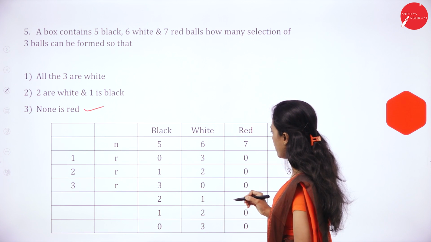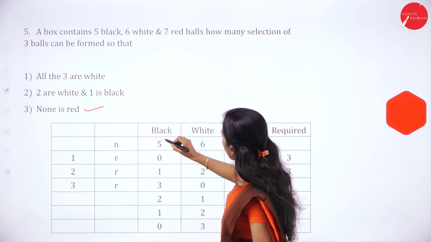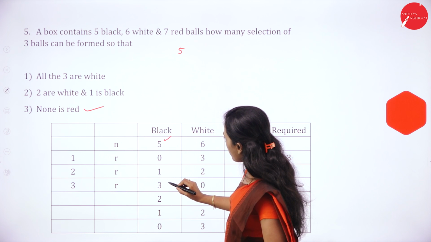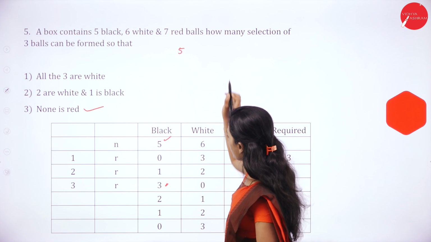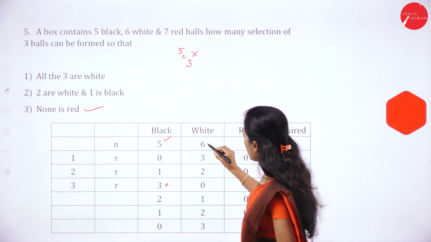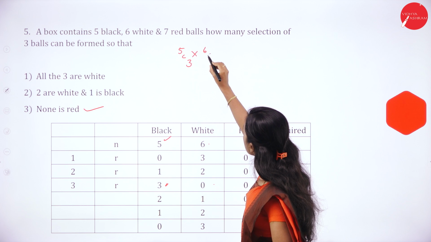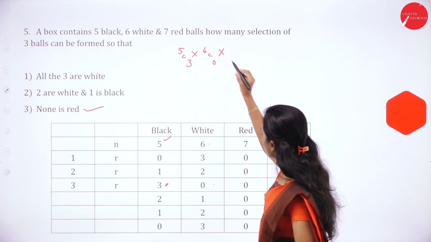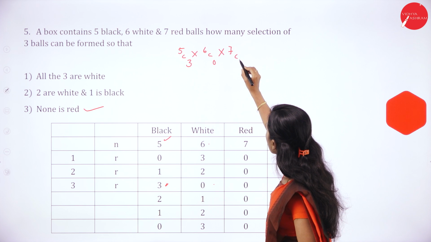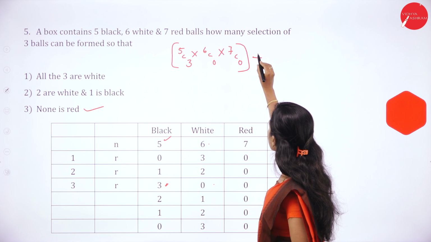The third question is none is red. None is red means out of 5 black balls we are going to select 3. So 5C3 into 6C0 into 7C0, plus